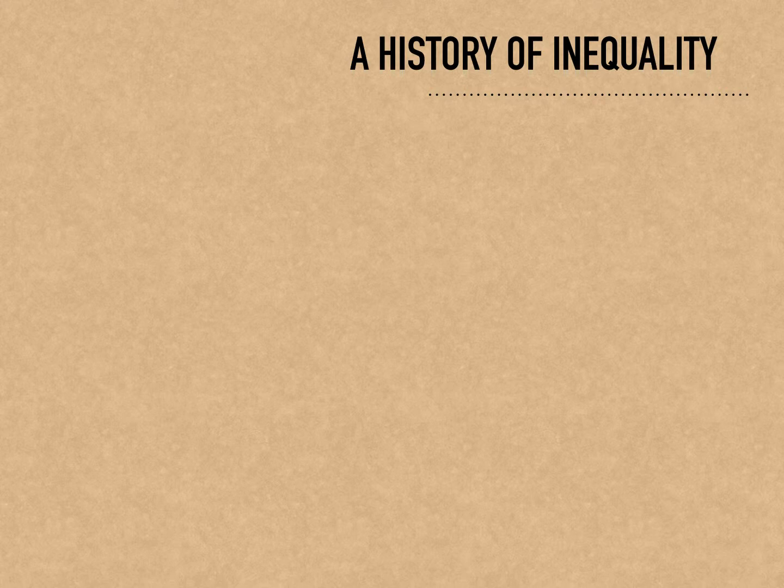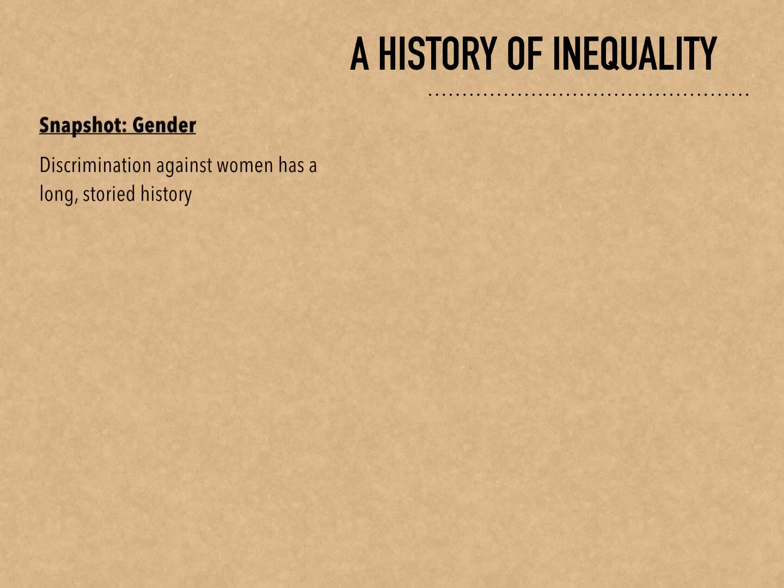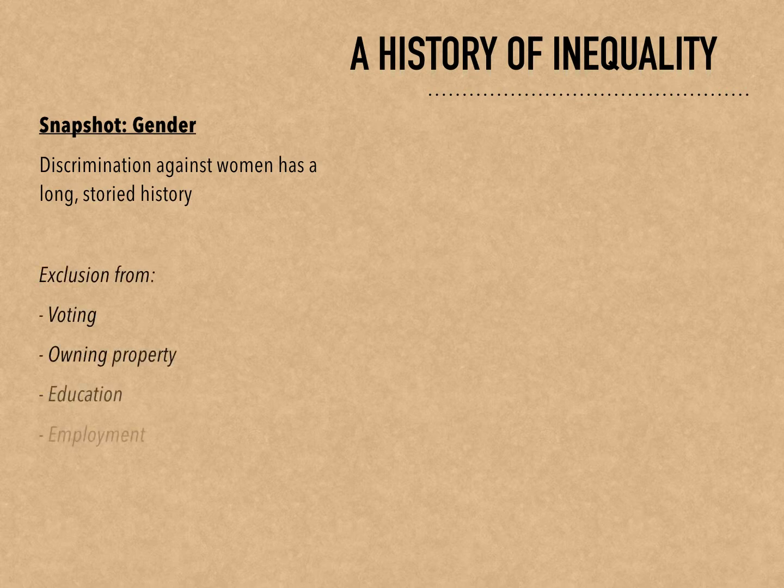Because the category of social inequality is very broad, we will take a look at two groups targeted by social inequality: women and lesbian, gay, bisexual, transgender, and queer, or LGBTQ, people. Throughout the world and a majority of cultures, the history of patriarchy has left men more likely to hold social, economic, and political power. This discrimination has manifested in a wide variety of ways, including exclusion from voting, owning property, accessing education, obtaining employment, and living in a safe environment free from violence.